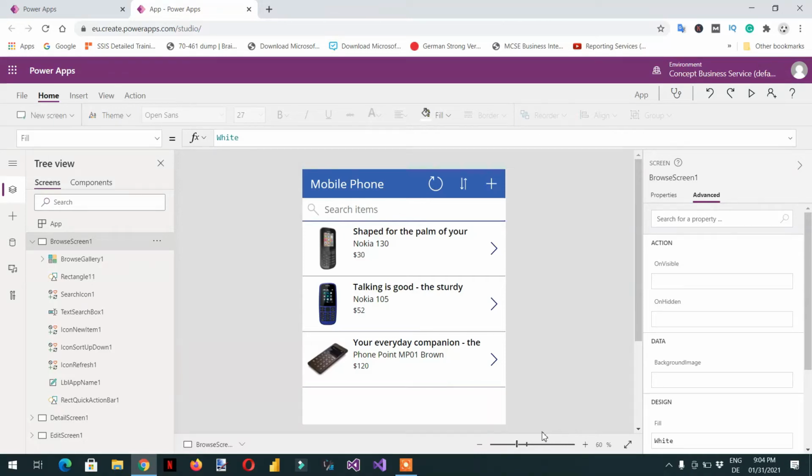In this video, we will enhance the Power App application that we created last time, which is a mobile phone. Here you can see the description, the name of the mobile, and the price. We need to do a rearrangement, and then we will add one button here and perform some action. So what we need to do is just click